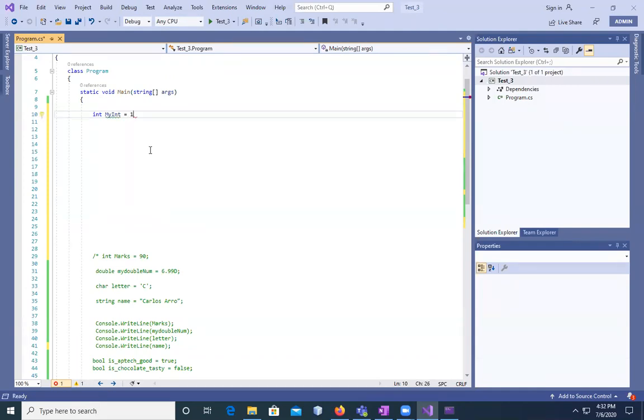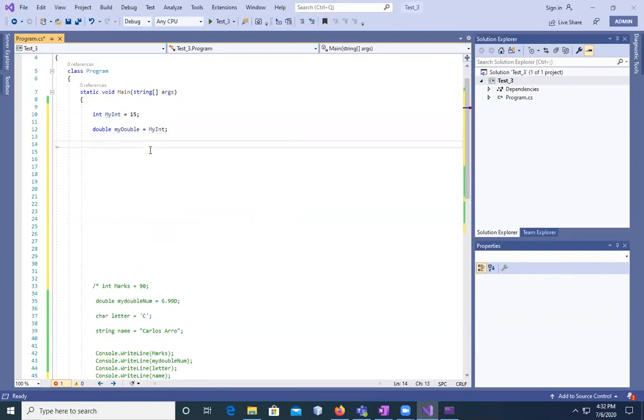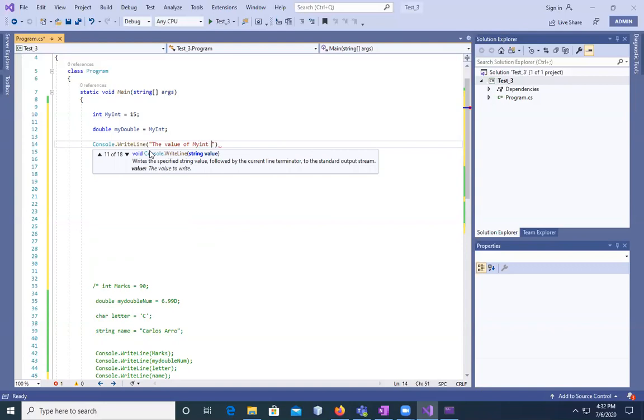The value can be anything, it will give the output, but the main topic is to typecast an integer data type variable or value into double. So then I'm going to use double here: double myDouble equals myInt. That's it. And after that, I'm going to use Console.WriteLine, and in it, I will say the value of myInt is